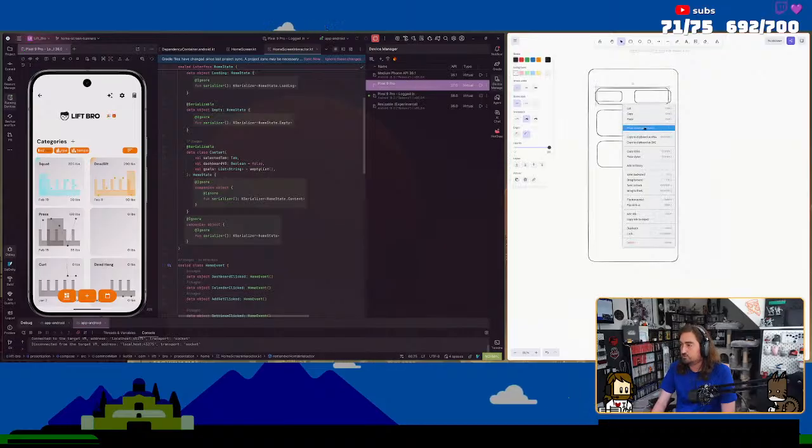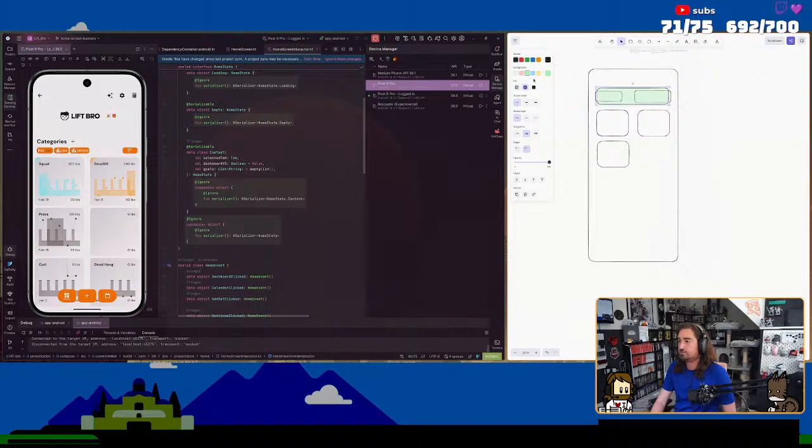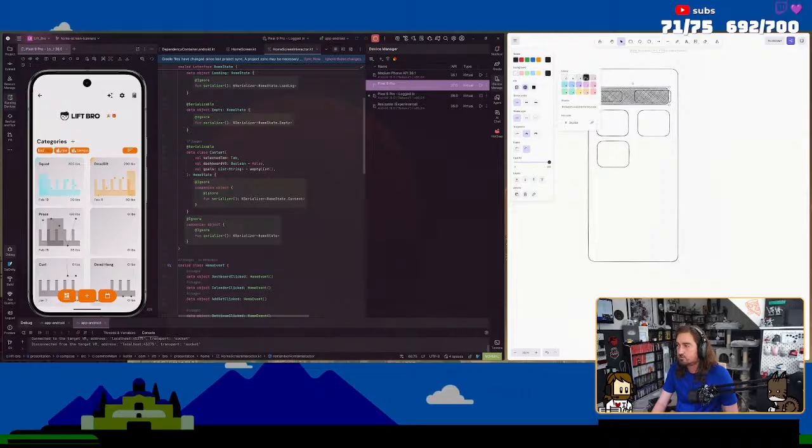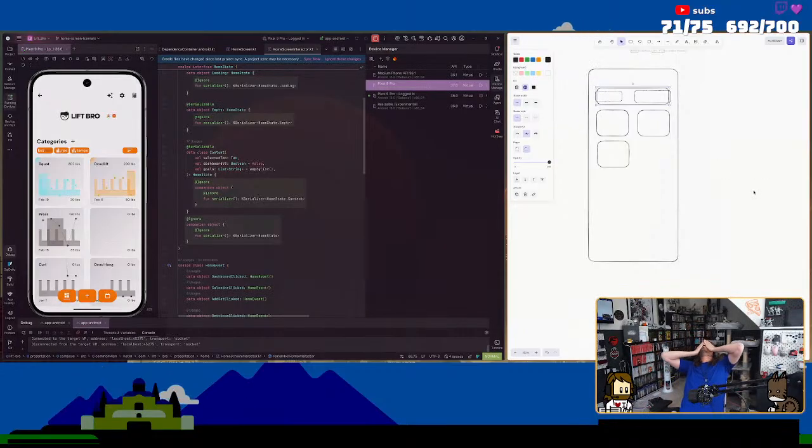And then we'll bring this to front. I want it to be transparent, whatever. So there would just be like a bunch of banners up at the top.